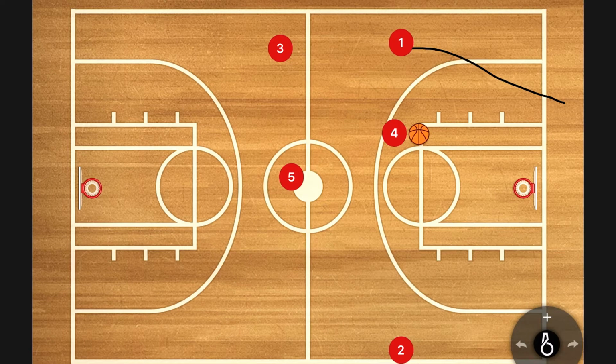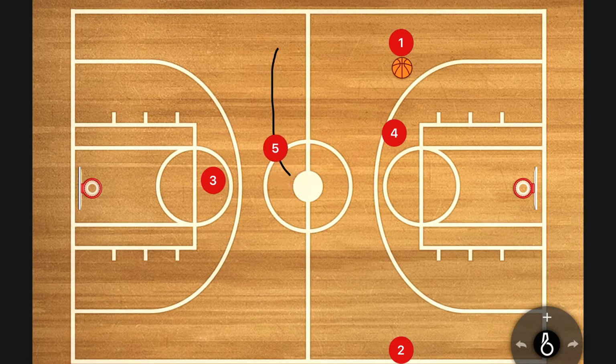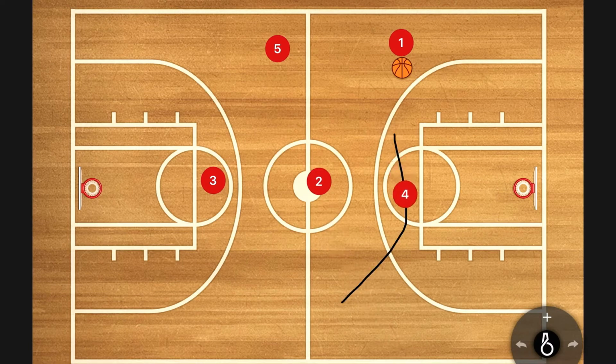Now, instead of skipping to 2, what happens if we get the pass back to 1? So if we pass to 1, now we're still going to have a semi-wheel action. We just aren't going to have the exact kind of wheel action we had last time. This time, since 3 is closest to the ball, we're going to send him out. We're going to send him kind of down the floor into an open area, and now we're going to run our wheel. 5 is going to flash and fill where 3 left. 2 is going to fill where 5 left,